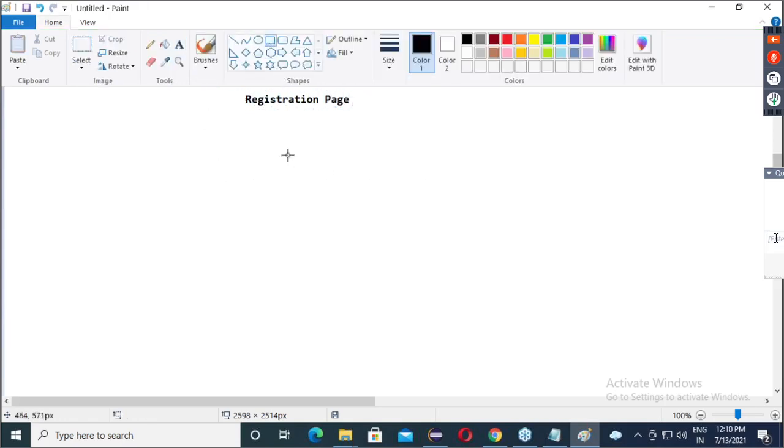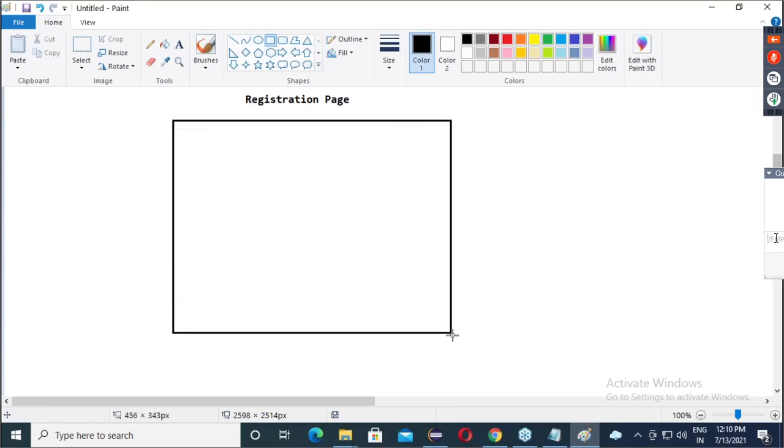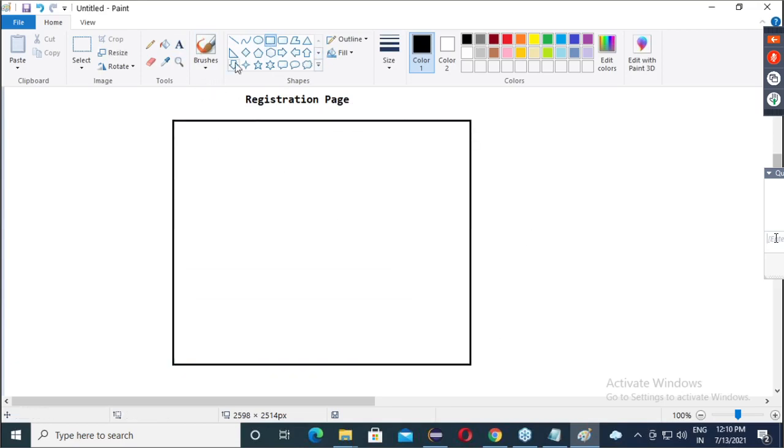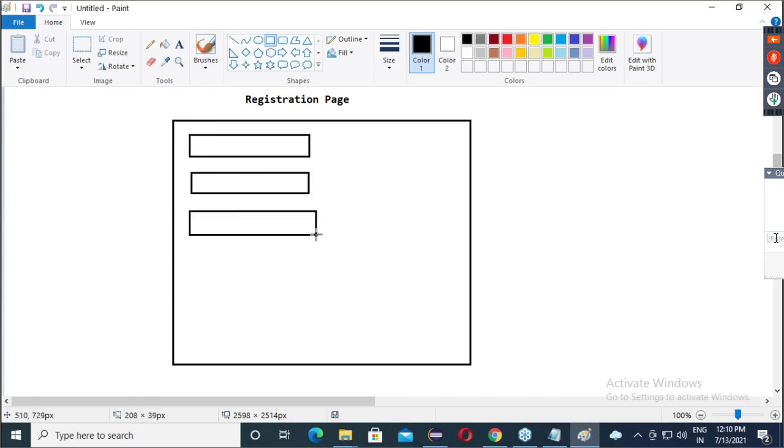Now, how does any registration page look, guys? Every registration page must have a username, a password, let's say an email. After that, they must have some radio buttons.